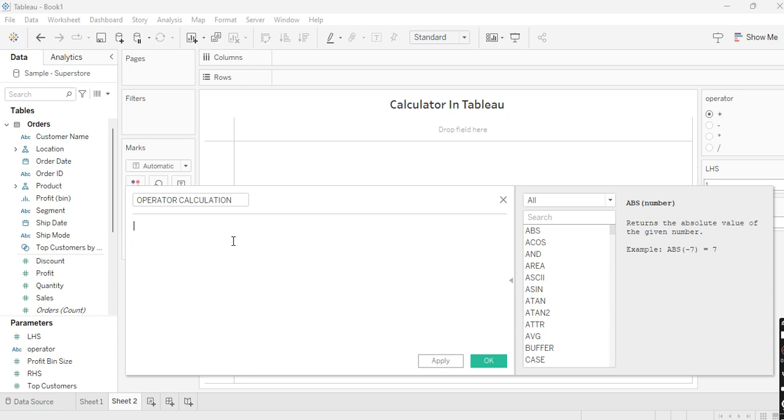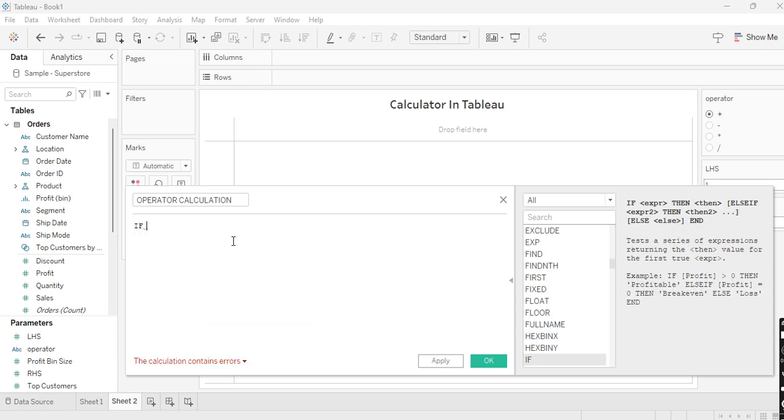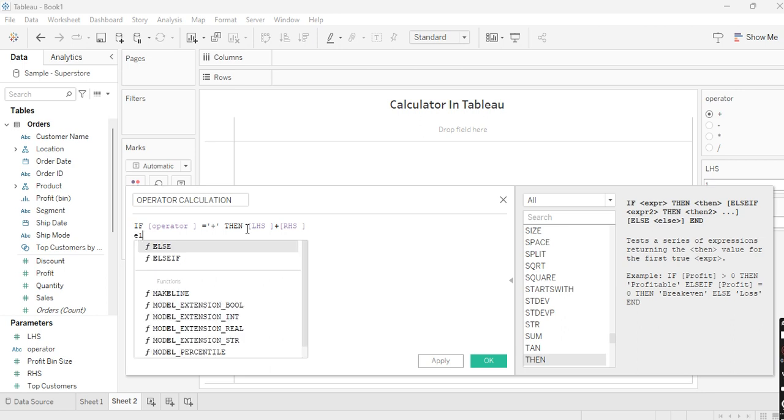And the calculation is: if operator parameter is equal to plus, then, so if our operator parameter is plus, then we want LHS parameter plus RHS parameter value. Okay. Then our next condition is else